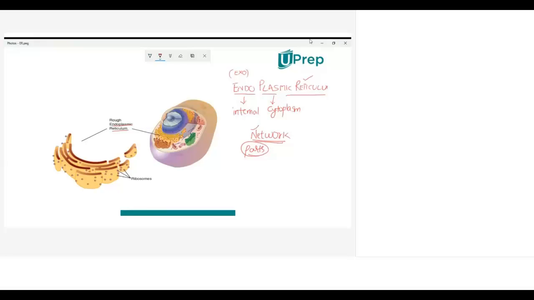Endoplasmic reticulum, in most of the books they'll write ER. It's a shortcut form of endoplasmic reticulum. Sometimes I use the word ER. Don't get confused. ER stands for endoplasmic reticulum. Now here, this is the exact structure of the endoplasmic reticulum you can observe under a microscope. First we'll discuss the position of the endoplasmic reticulum, then we'll talk about the parts of the endoplasmic reticulum.